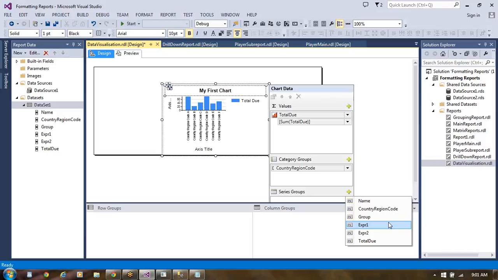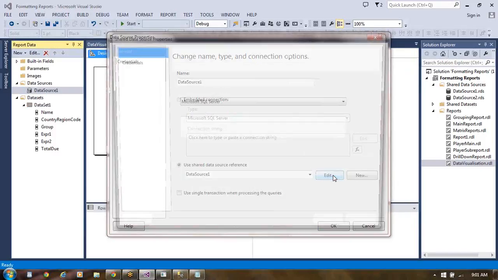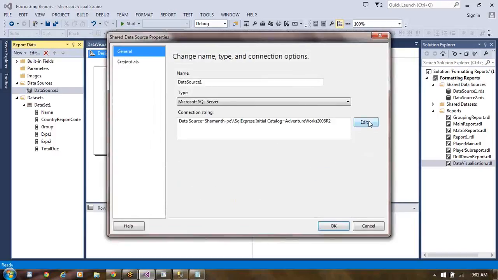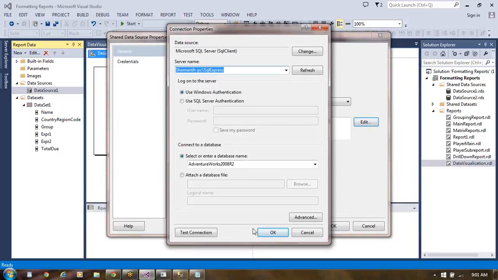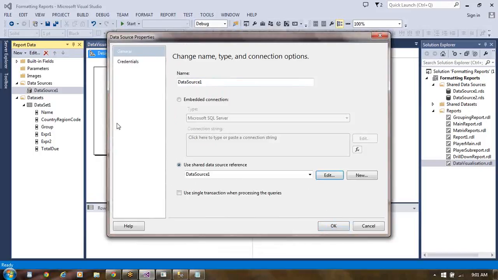You can take year. So year is not shown for us in this, but we have taken year, so it can be shown as year, because in the query window we made it as expression 1. It should not be expression 1 in the data source. When you edit this, you'll be getting. Again click on this edit here. This is fine. This is okay. But when you open, click on OK.